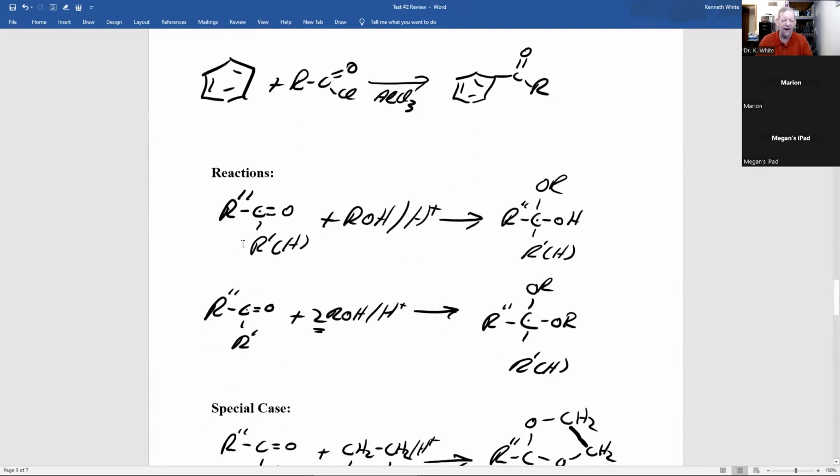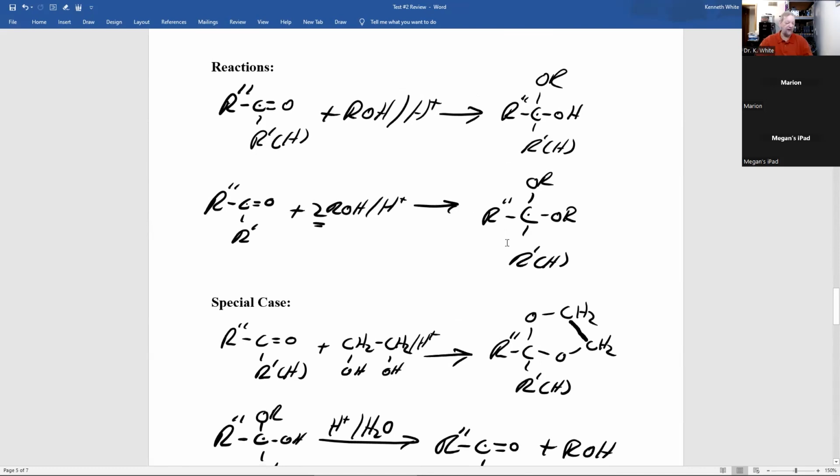All right. Now, the next 4 reactions I will never use in a synthesis problem because they're a little tricky. The first one, you take an aldehyde or ketone, where R prime can be hydrogen for an aldehyde or carbon for a ketone, reacted with an alcohol and acid catalyst, H plus. Keep your eye on the carbonyl carbon. What's attached to it, R prime and R double prime, are still there. This opens up to OH, and the part of the alcohol, OR, is attached to that same carbon: a hemiacetal.